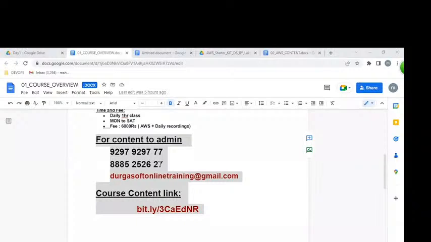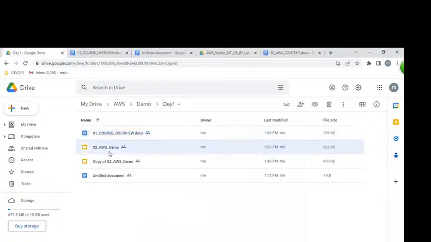This will be useful for further communication. Please take a snap. So, shall we start the demonstration?